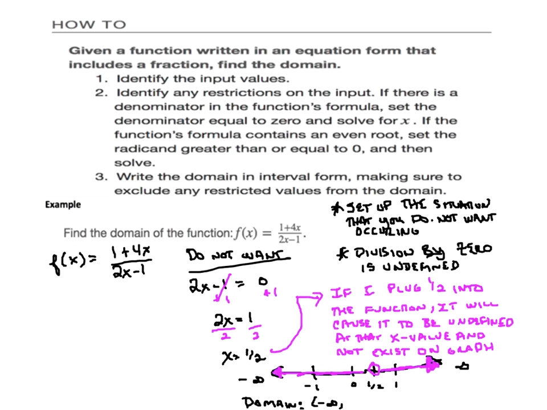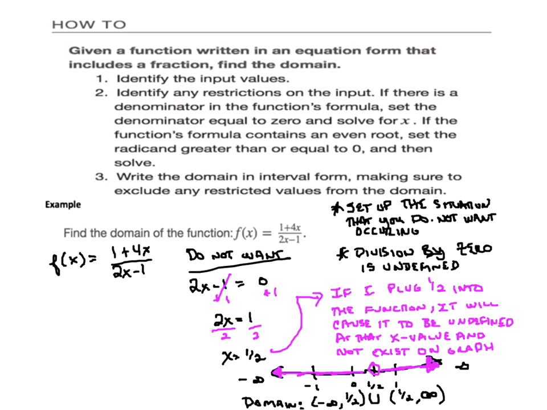I start with negative infinity. Notice that's a parenthesis because I don't ever include infinity. I go up to, but do not include 1/2. So I'm going to write another parenthesis there because I don't want to include 1/2, but I can include anything between there. And then I write a U for union, or this is another interval because notice I've got now from 1/2 up through positive infinity. So this one starts at 1/2 and goes up through positive infinity, and they're both non-inclusive. So that is the domain for that function.